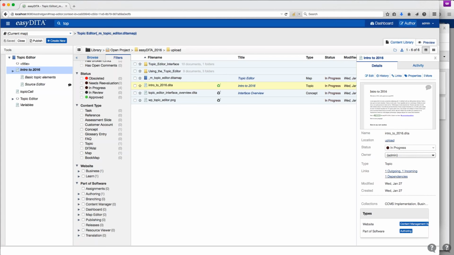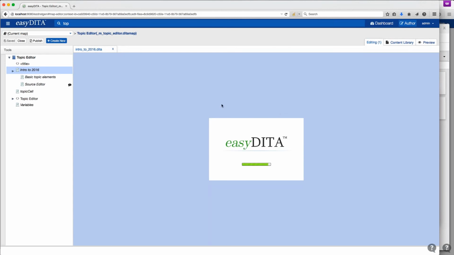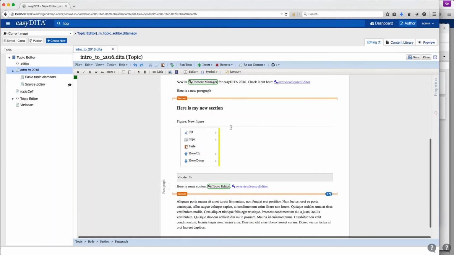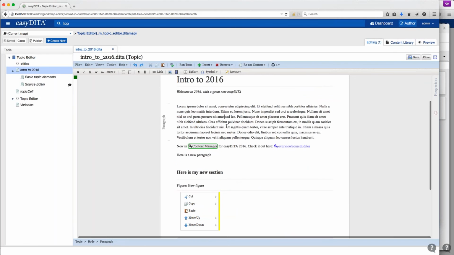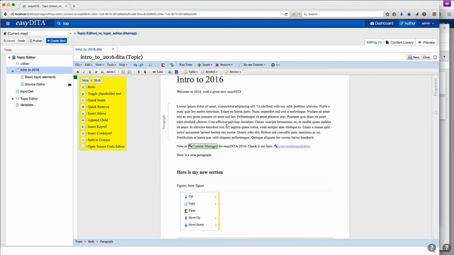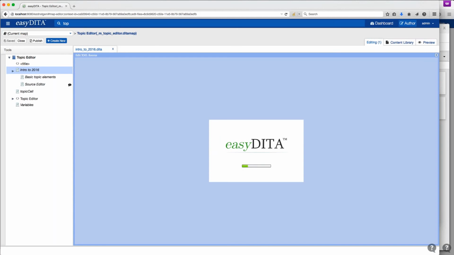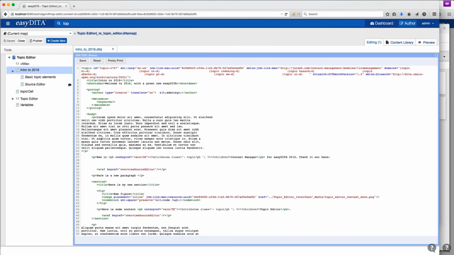The WYSIWYG editor looks great, but is there a way to also edit maps and topics in plain text code view? Yes, absolutely. So if we open up a topic and we're moving through this topic and editing it, we can just use our quick menu here. The bottom one here is Open Source Code Editor. This is also available from the Edit menu, but I really like doing it this way. So Control-Shift-comma, and this opens up our